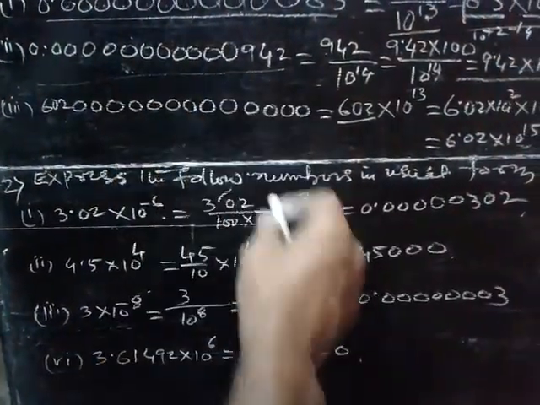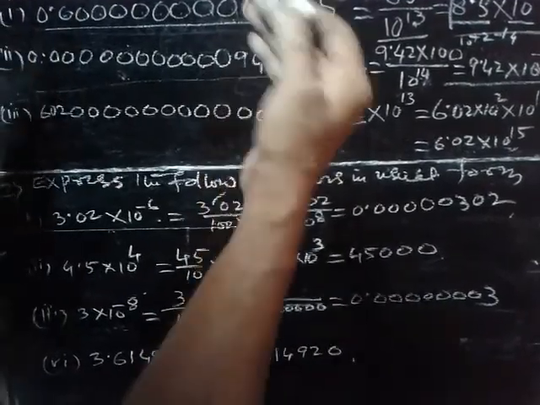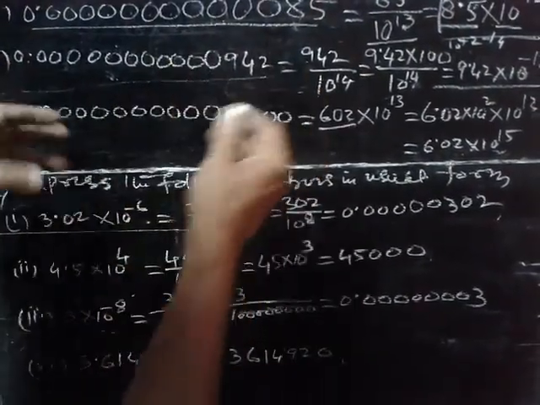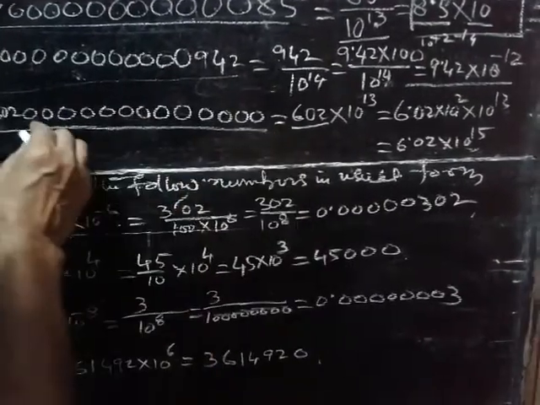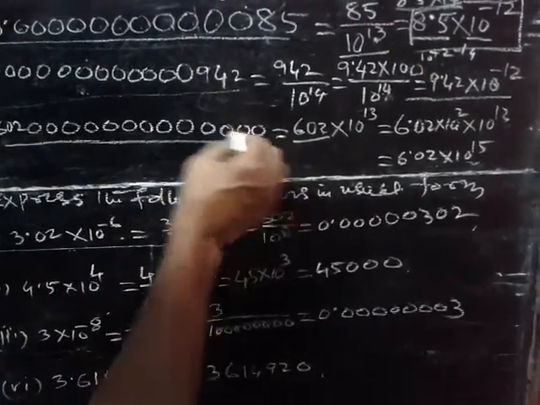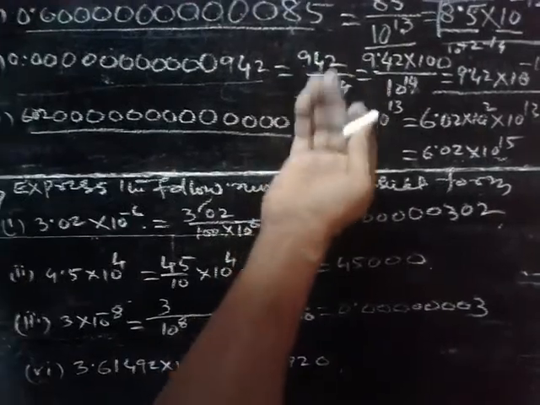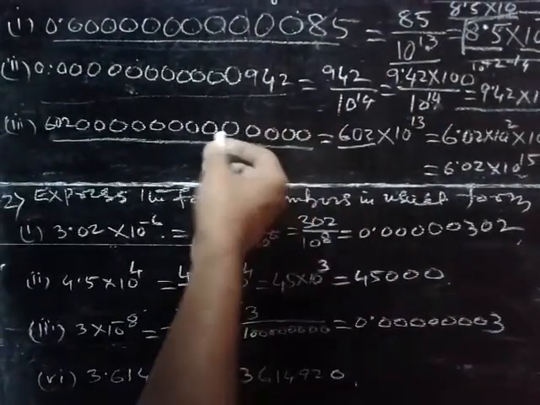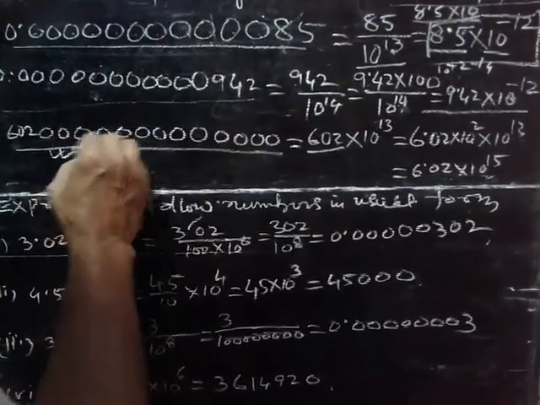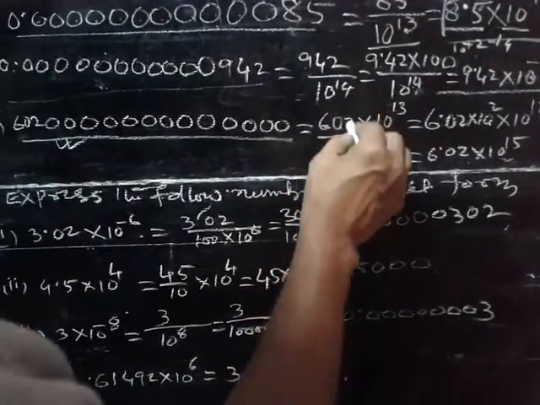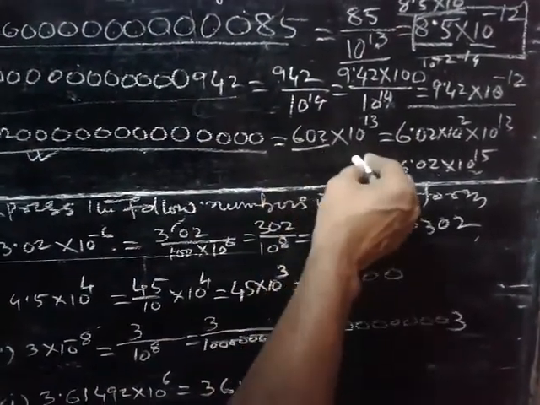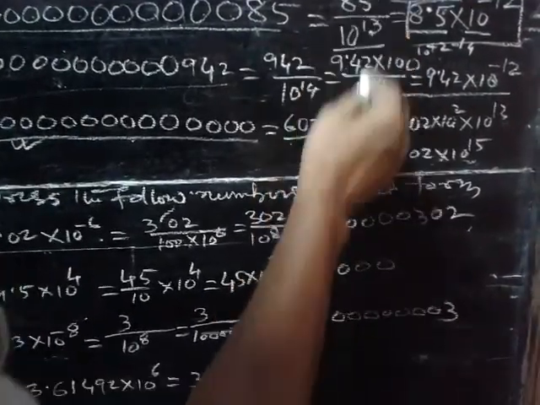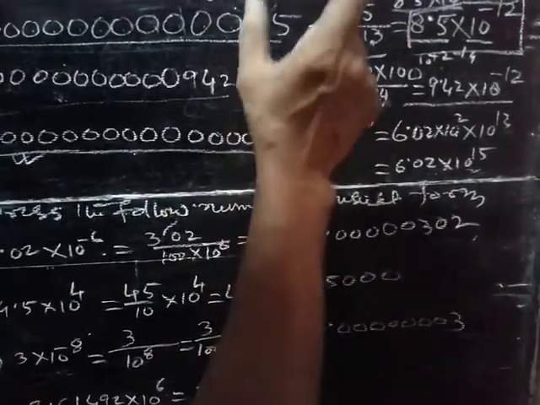Actually, why do we make this, why is it required to make it a standard form? Because it is a very large number. It is very difficult to write it down, and also with the number of zeros, we may make some mistake. For this reason, it is very valid to put this type of very large number within this standard form. Standard form is actually used for very large numbers.